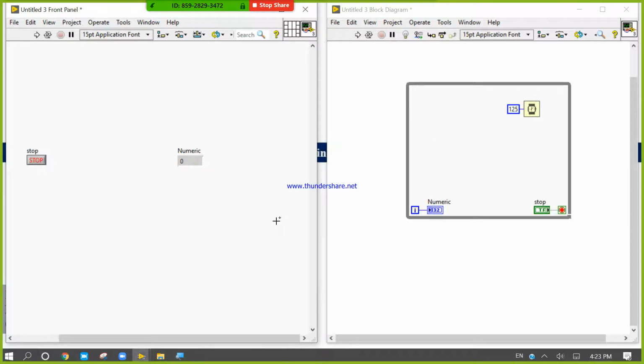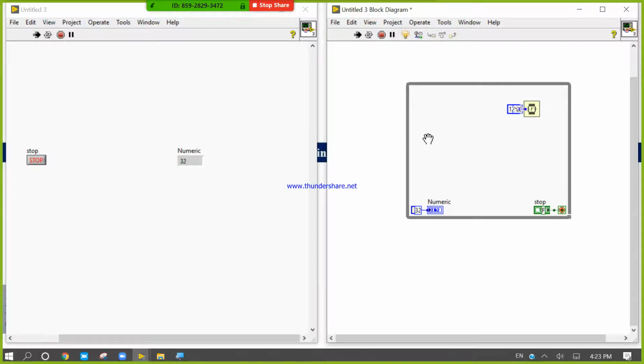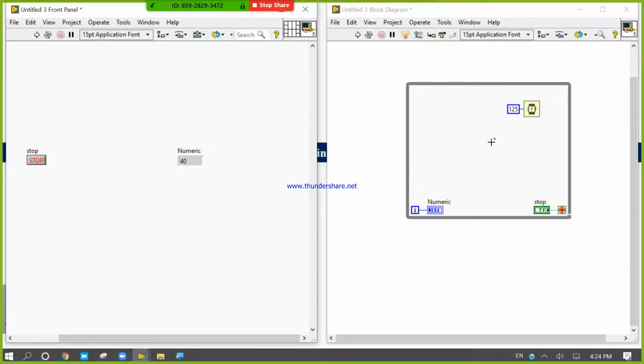Let's see, run. So now it's working. Look at here, just run, don't simulate. This is working. Now press the stop button. When you press stop, it will generate true. After that it stops.